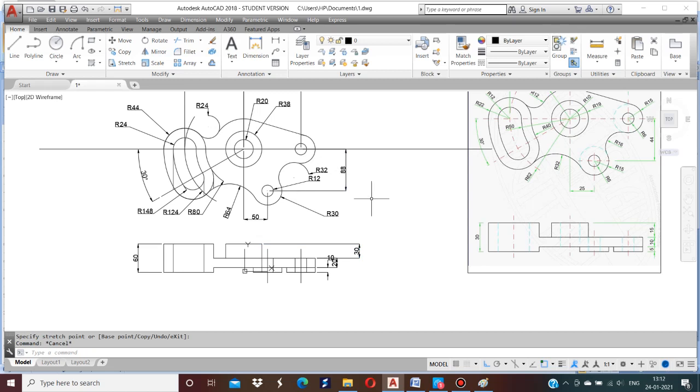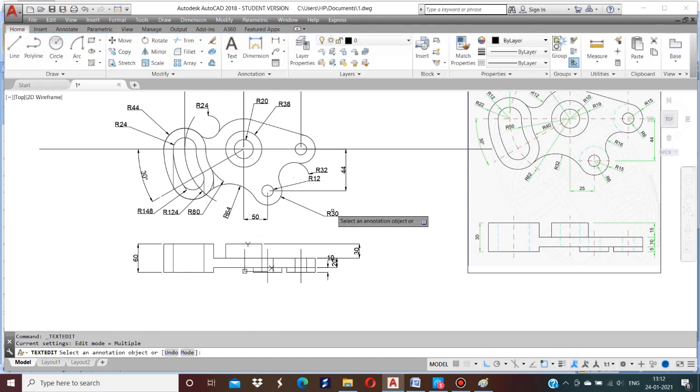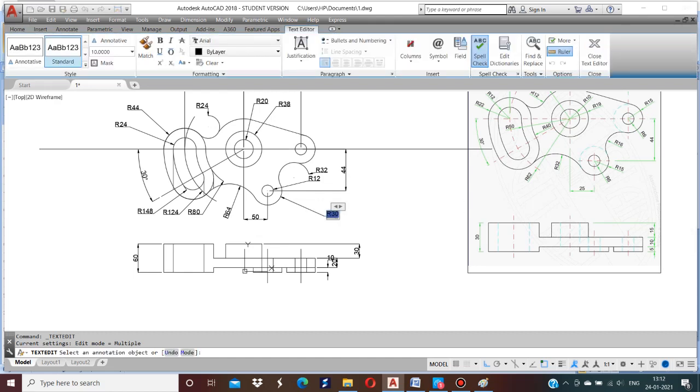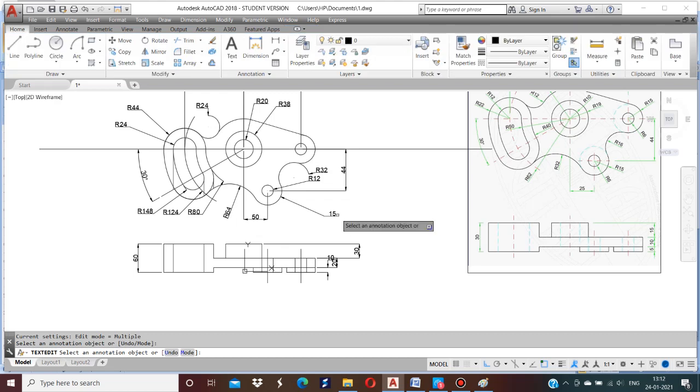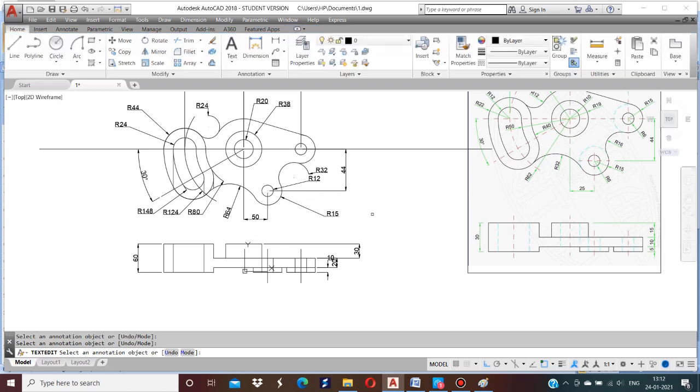Now here you can click this, you can modify it. Now the scale is doubled, so the dimension is doubled. You can modify it. Type 44 here. Here double click, type 15. R15. Here it is.